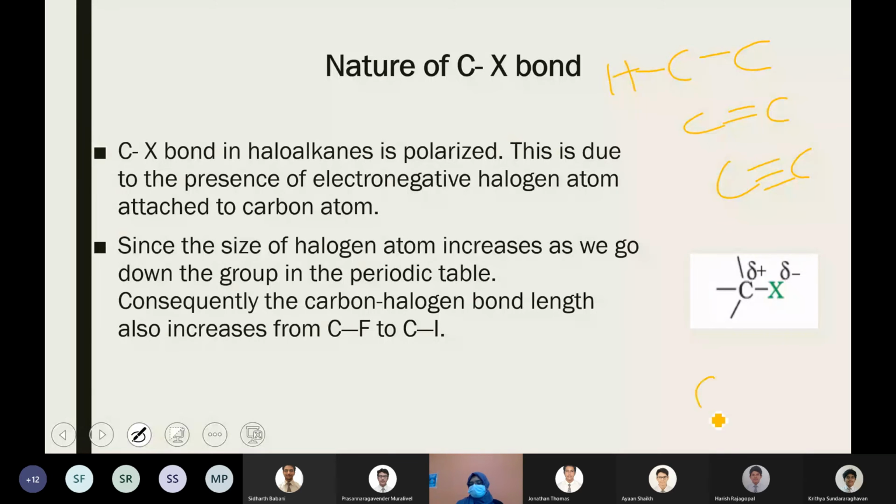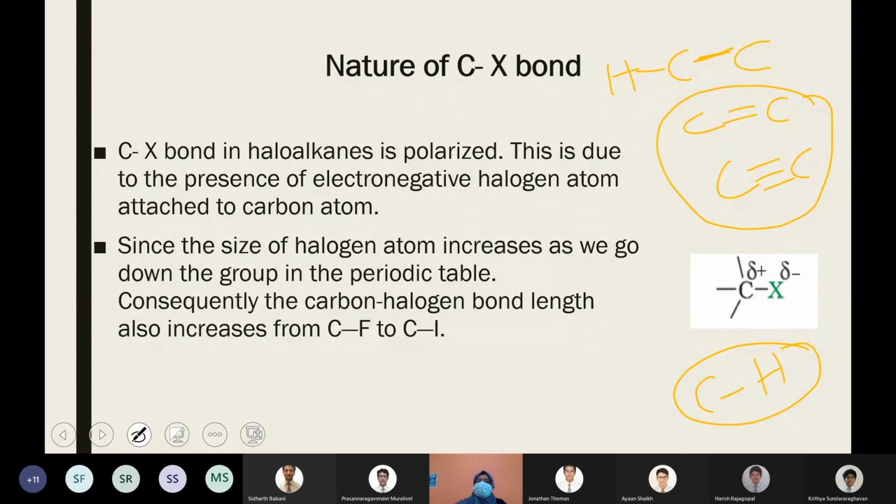And carbon-hydrogen bonds are also almost non-polar, because the electronegativity of carbon and hydrogen is almost identical. Because of this, hydrocarbons are less reactive. Very few reactions you will learn in alkane, alkene and alkyne. Among these, alkane and alkene will give you more reactions, but the bonds are in a non-polar state.